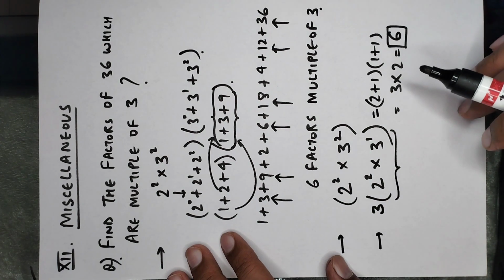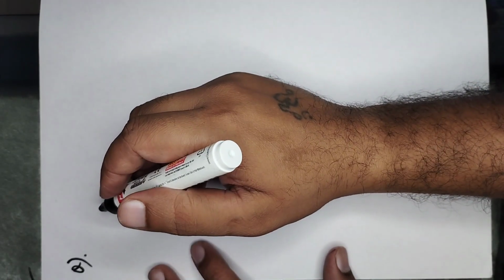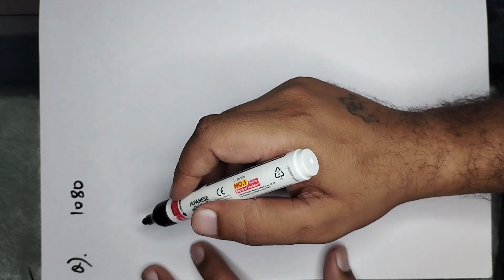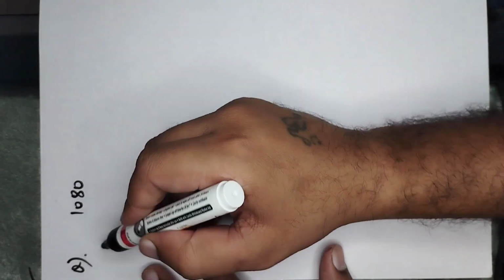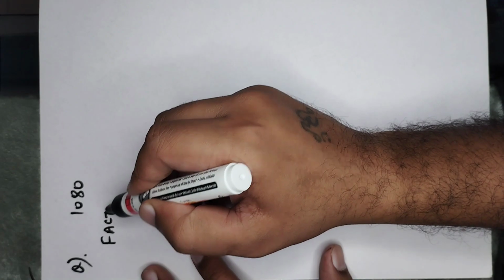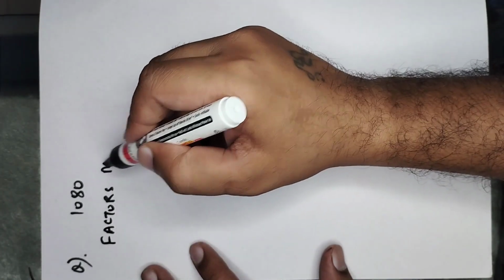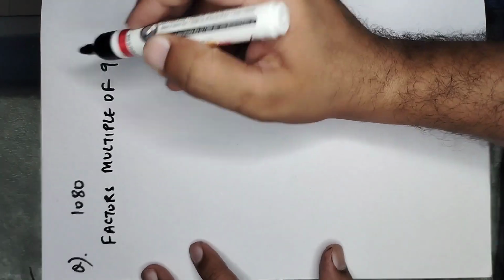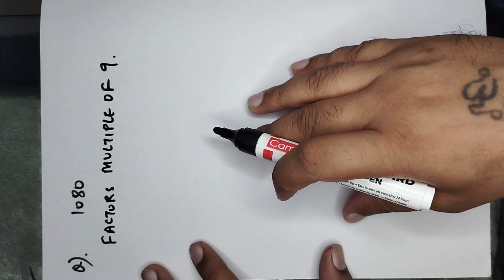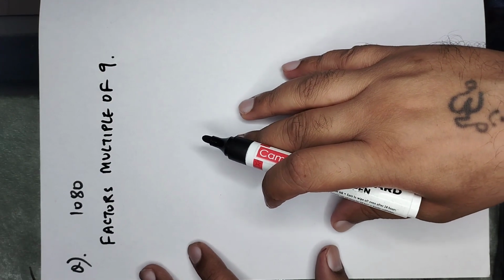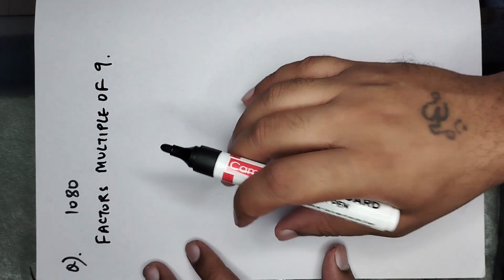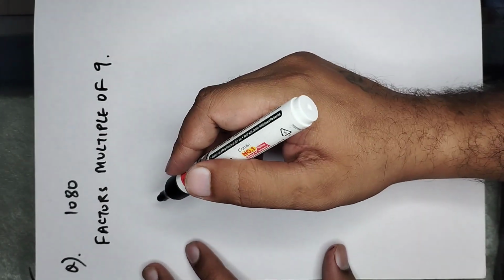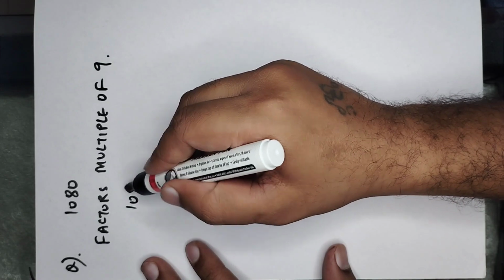Let us take one more example in this. Let us say the number is 1080 and I have to find the factors which are multiple of 9. I have to find the factors which are multiple of 9. Now how we can do this? If I have to find the factors which are multiple of 9 in case of 1080, first of all, factorizing this number, I can write this 1080 as